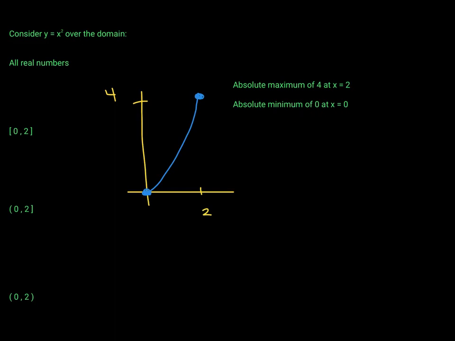All right, now what happens if we have this interval? It's open on the left, but it's closed on the right. Let's see what we have. I think I could probably keep my picture. The only difference is right here at x equal to 0, we're going to have to keep that open like that. All right, there's the graph. How does that change the existence of extreme values? Well, notice that because it's not a completely closed interval, we would have to say, yes, there's a maximum, but there's no minimum. So we have an absolute maximum value of 4 at x equal to 2, but